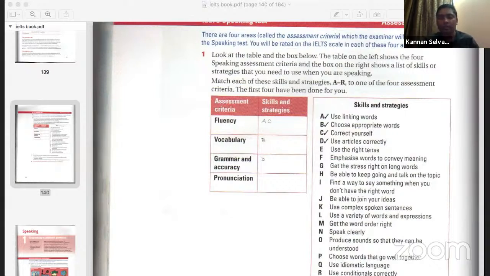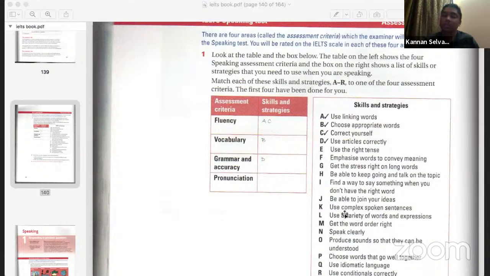What exactly is fluency all about? What do you mean by fluency? When do you call a person very fluent in English? When exactly is that? Fluency is all about when you're talking in English,